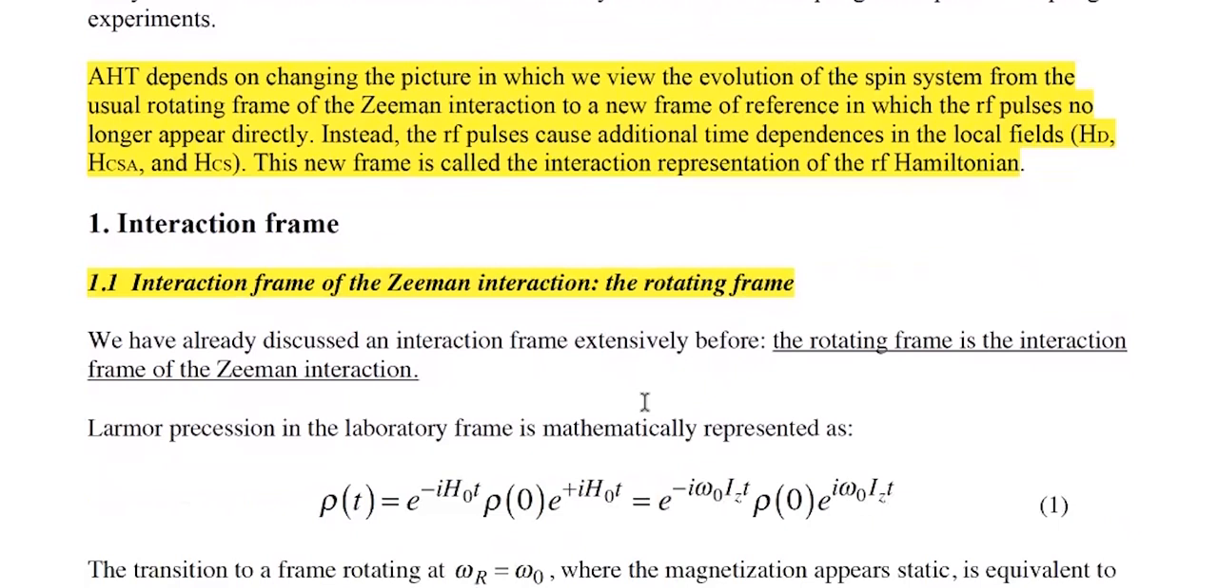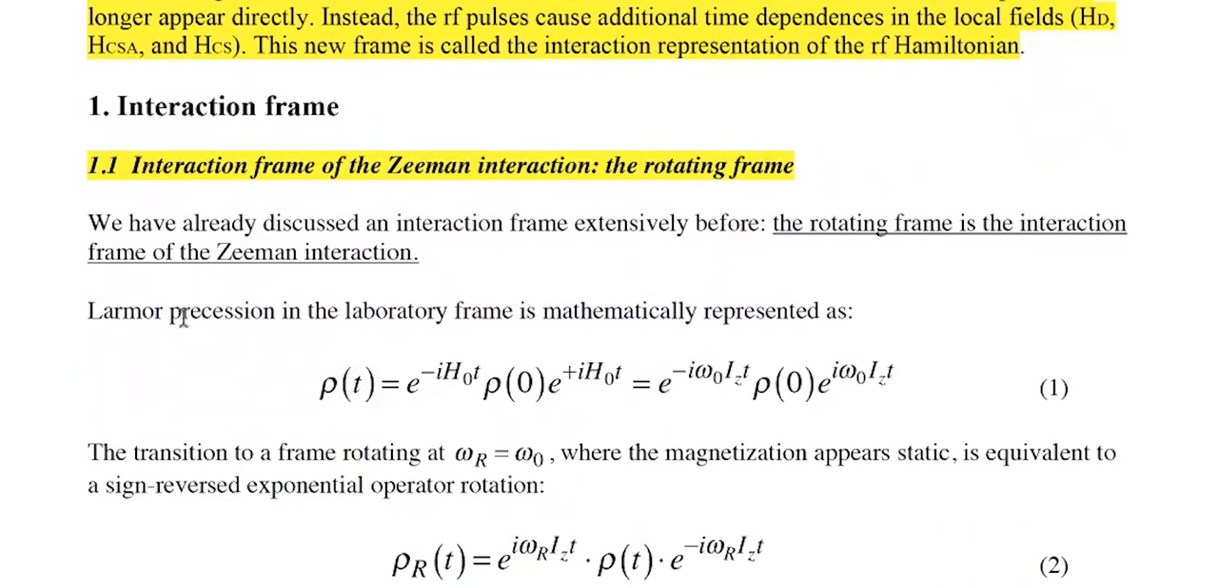And I want to start by doing the familiar example, the interaction frame of the Zeeman interaction, which is the rotating frame. Here, Larmor precession is something we talked about geometrically, thinking about gyroscopic motion. If I want to write that down mathematically, I take my initial magnetization, the initial density operator, rho at time zero, and due to the B0 field, if you recall the von Neumann equation, d rho dt equals minus i commutator of H and rho, the formal solution of that von Neumann equation is something